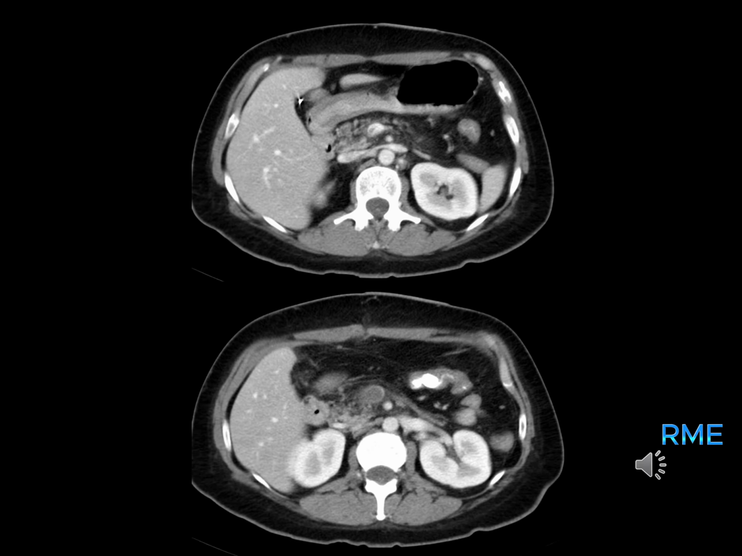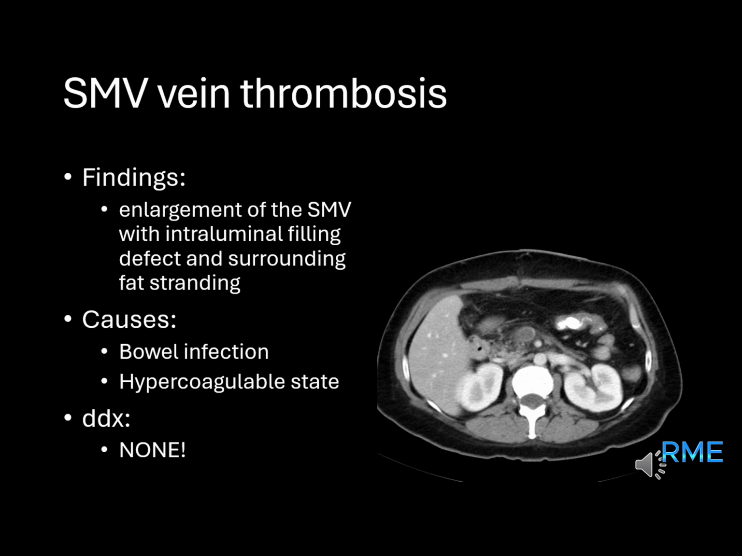What do you see in this image? Here I see enlargement of the superior mesenteric vein, SMV, with an intraluminal filling defect and surrounding fat stranding. These findings indicate SMV thrombosis. The SMV is visibly enlarged, and there is a clear area where the blood flow is obstructed by a clot,